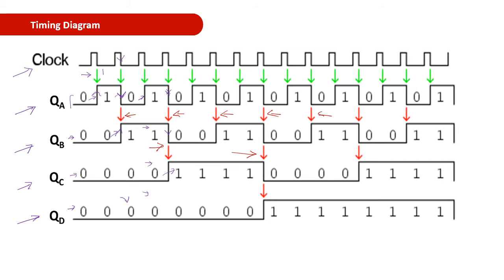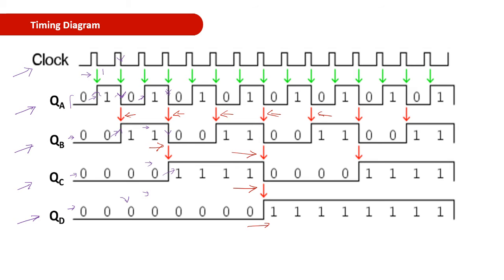Similarly, for flip-flop D to change, there should be a negative edge at the QC terminal. So here you can see that the negative edge occurs only at this point. So there the output of QD changes from 0 to 1. So this is the timing diagram for the